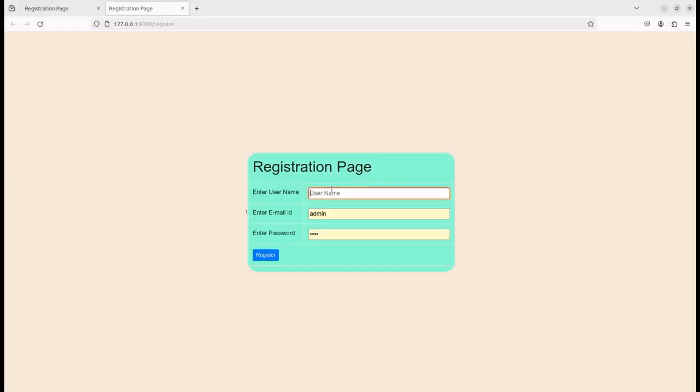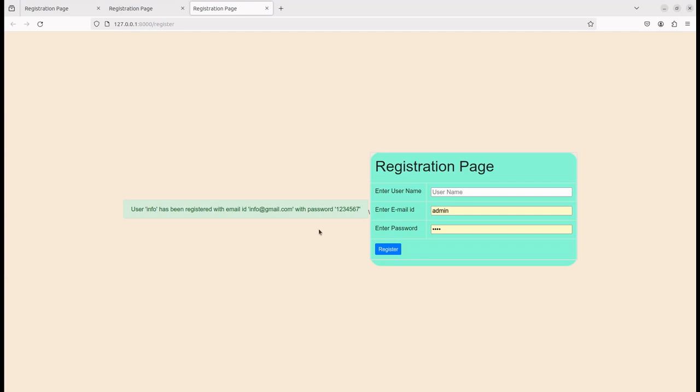Okay, so username info, email ID info@gmail.com, and I keep the same password as 123456. Okay, so now if I click on register, yes, user info has been registered with email ID info@gmail.com with password